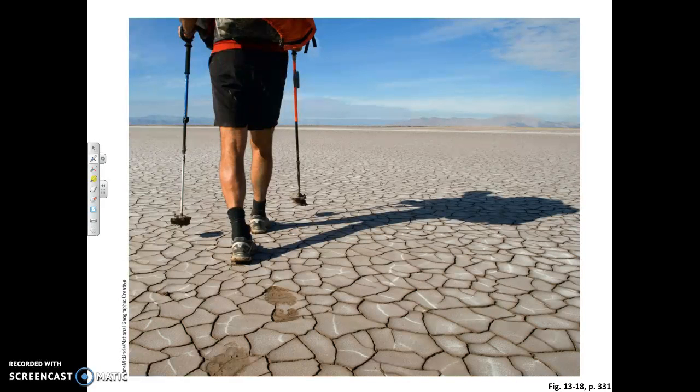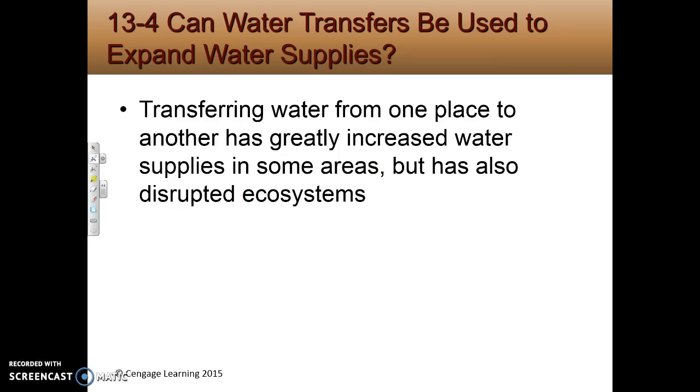All right, and this image should look familiar from the Colorado River video clip that we looked at at the beginning of this unit. All right, and so in the next podcast, we're going to take a look at water transfers. Is it possible to pipe water from place